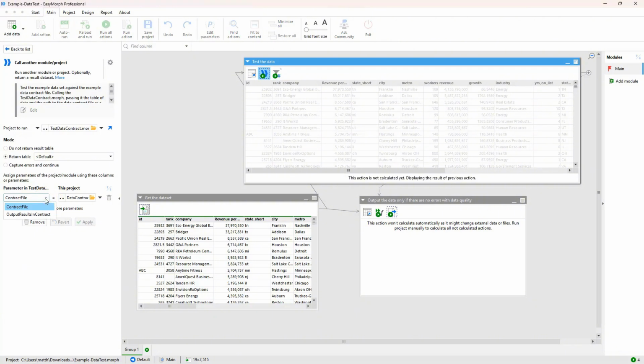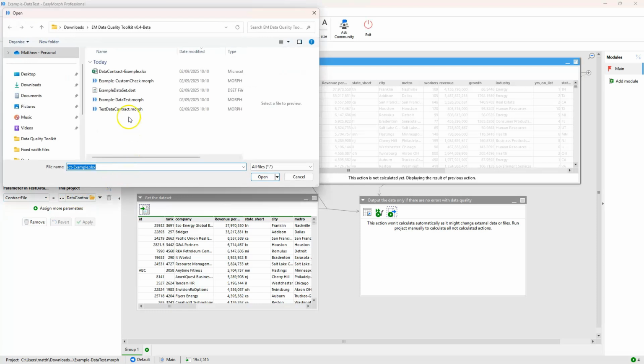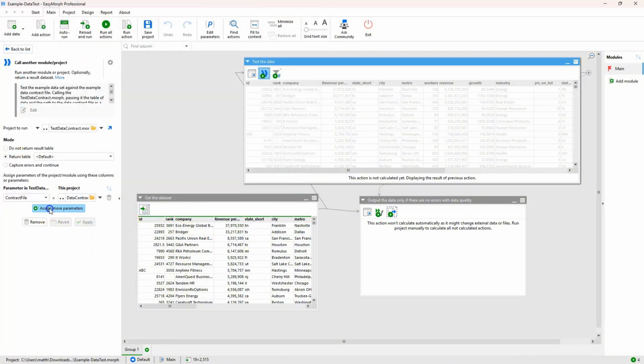So there are two parameters in that data contract test morph. The contract file, which is the path and the file to our Excel file that we've specified our data contract in, and an optional parameter which we don't have to pass, and